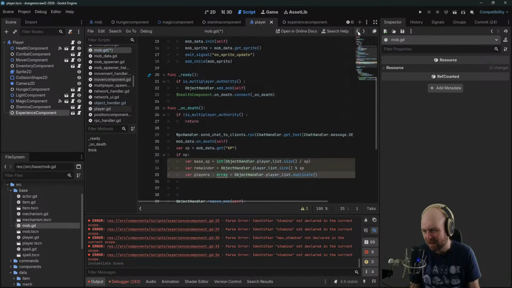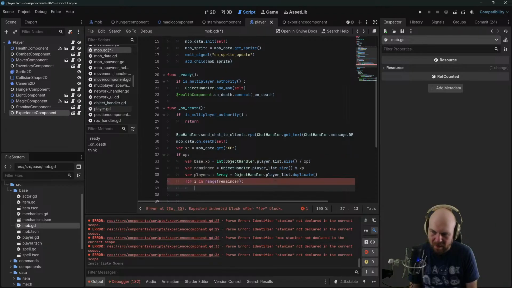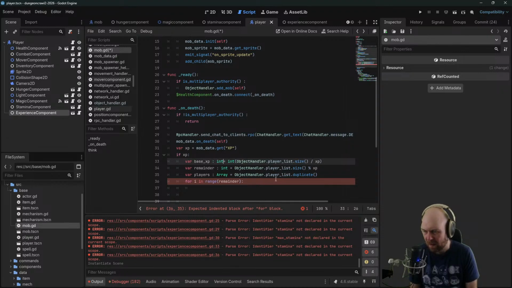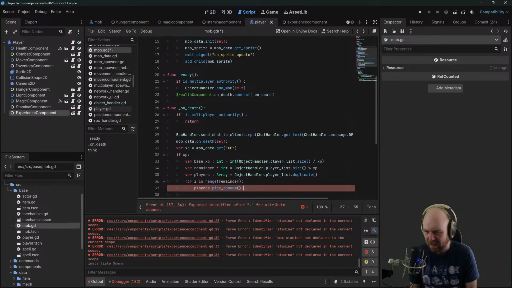All right. For i in range remainder. Players dot pick random dot